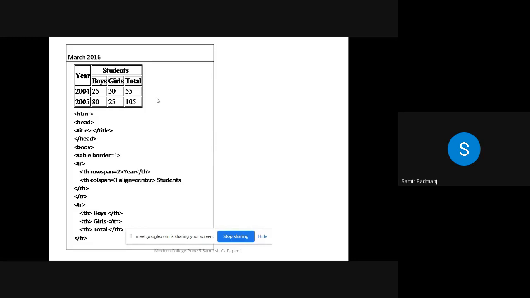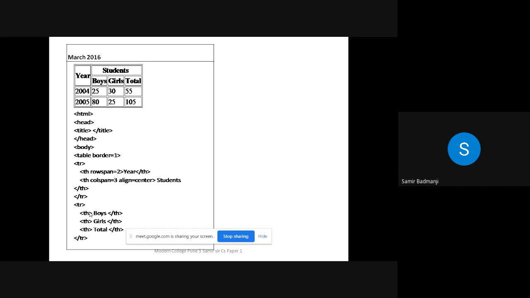So chances are that if you are in the top case, that is between 40 to 50 marks in the paper, then your half mark may be reduced, and overall 1 mark may be reduced if you don't write the align attribute. Now see, below students there are 3 columns. That is why I have written colspan equal to 3. So starting TR and ending TR. See, this TH is there for this TH. So it has just come down, and slash TR.